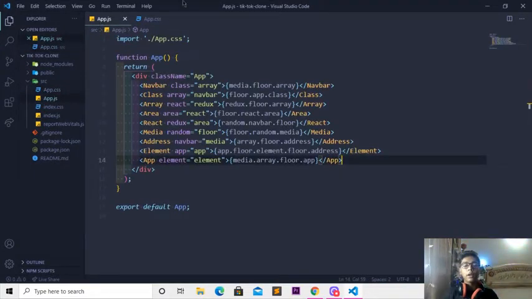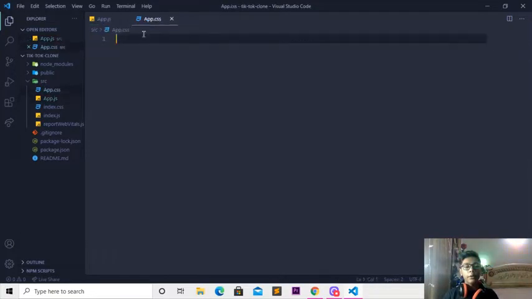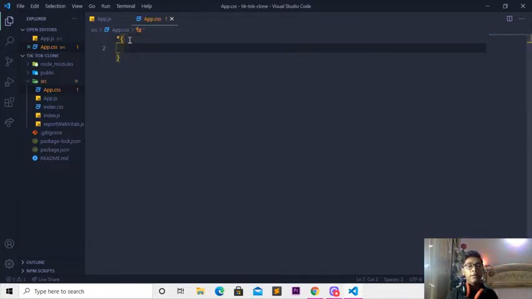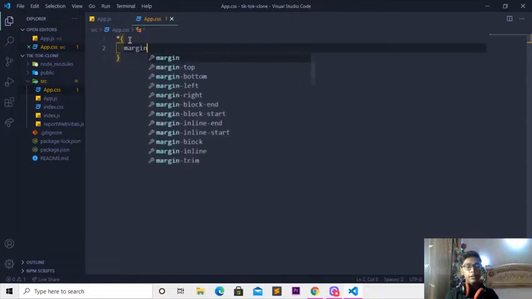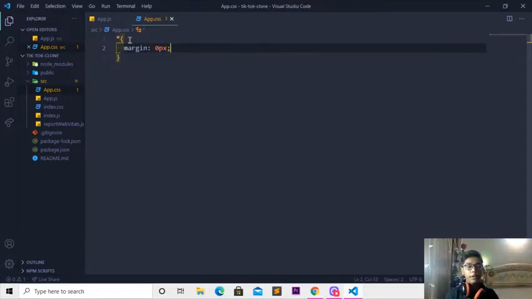When you've done with that, now I'll be coming here again. Then I'll be moving to my app.css file, and then I'll be writing this tag, which means you're defining all the things in your folder in your app. So here in your app.js, I'll be coming and pressing enter. If you're working with HTML, it means you're defining all the things in your HTML file. So here I'll be writing margin 0 pixel, then padding, which should also be 0 pixel,